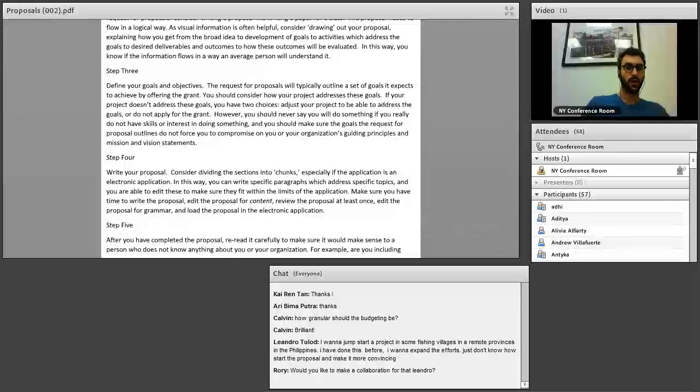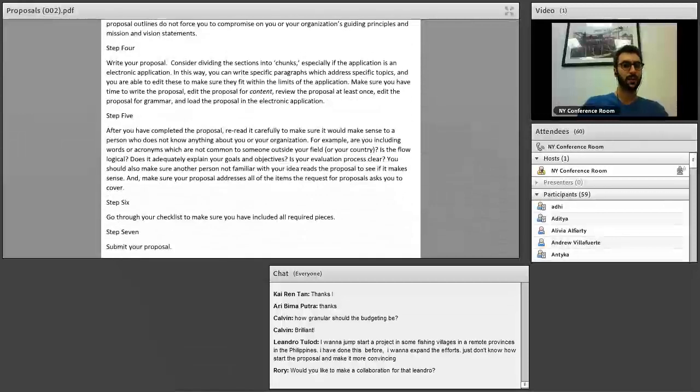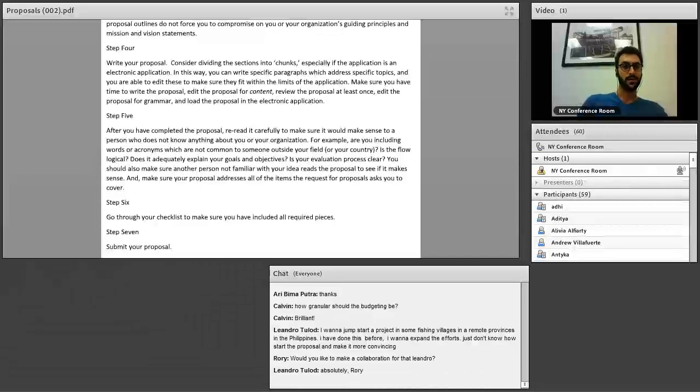You should make sure your RFP outline and your application does not force you to compromise on your organization's guiding principles and mission and vision statements. This is a general rule for any proposal that you may write. You don't want to compromise what you believe in as an organization or as a person. I hope you are trying to come into YSEALI Seeds for the Future because you want to make a positive impact in your local community. If you're applying to another proposal and they're telling you to do something differently, you may not want to apply for that project, even though there's money there. You have to look into it.